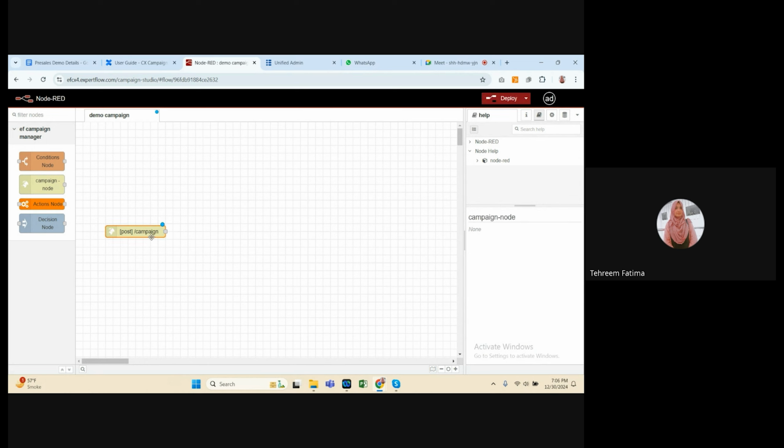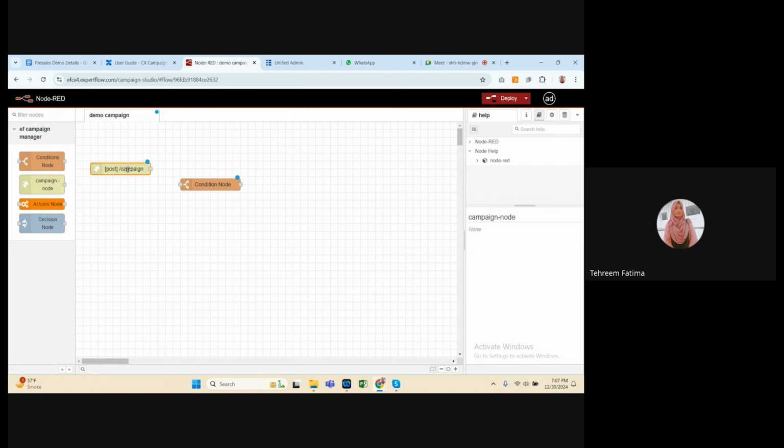On the left-hand side, you can see there are four different nodes. The campaign node is already here, which is the starting point of the campaign, or you can say it is used to start the campaign. Next we have the condition node. You can design the flow as per your requirement, as per your use case.